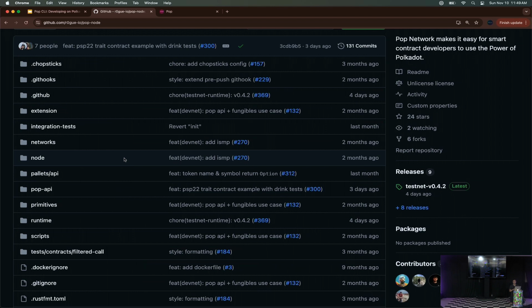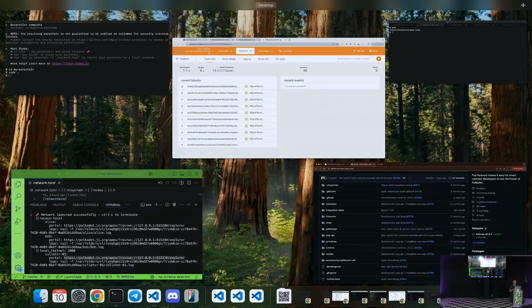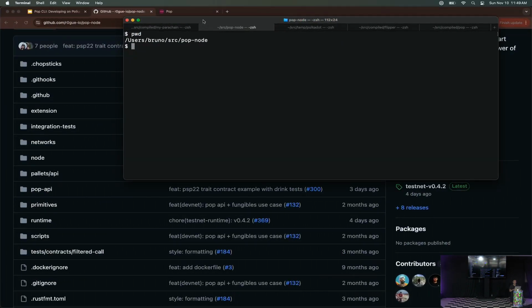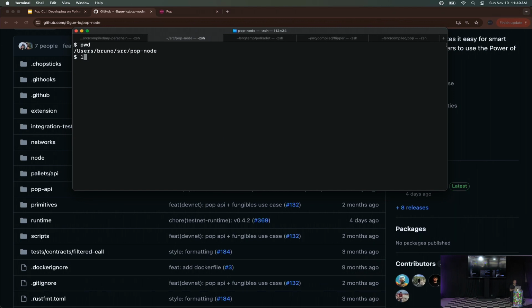So what if I want to use Pop CLI to spin this thing up? Can I do that? Well, yes, you can. So I have Pop node here in my terminal, and it's actually got a network file. It's got multiple. So you can see here, there's a devnet.toml, mainnet, and testnet. So if I want to spin up Pop Network locally on my machine for development purposes, I can just use